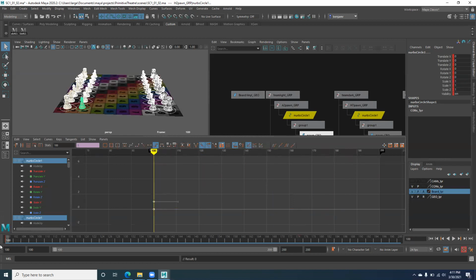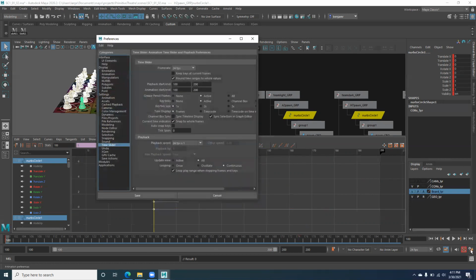While I'm thinking about it, I want you guys to go to the bottom far right of your screen, and you'll see this button. It looks like a circle with a key, and mine is red right now. This is what it looks like when it's turned off. This is called the auto keyframe toggle, and you want to have that turned on. I'll show you why in a second. So turn that one on, and then go to the one right next to it, which is your animation preferences. So I click on that,